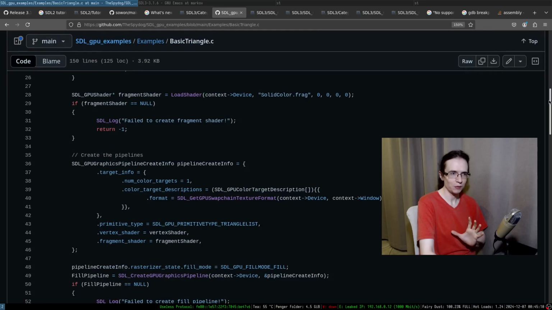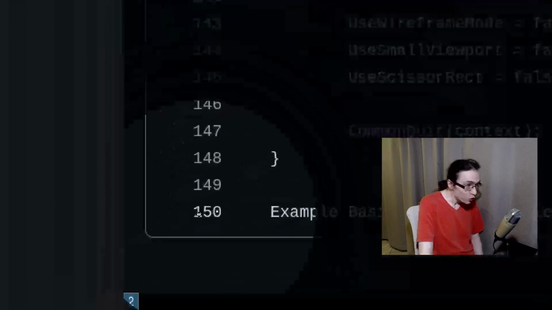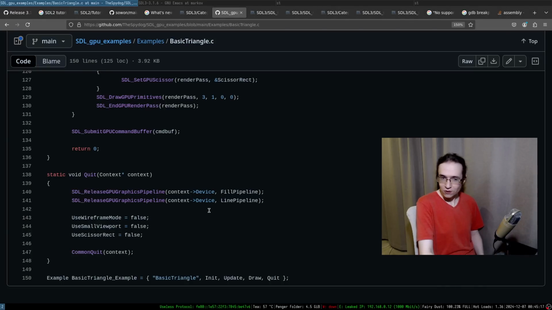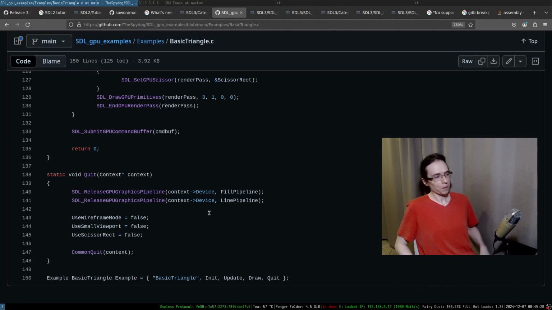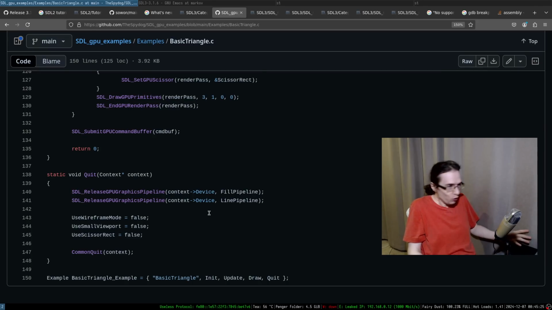Alright, let's go. I'm not gonna look at the source code. Holy shit. This is revolutionary. 150 lines to create a triangle? How is that possible? Vulkan is in shambles. Look,